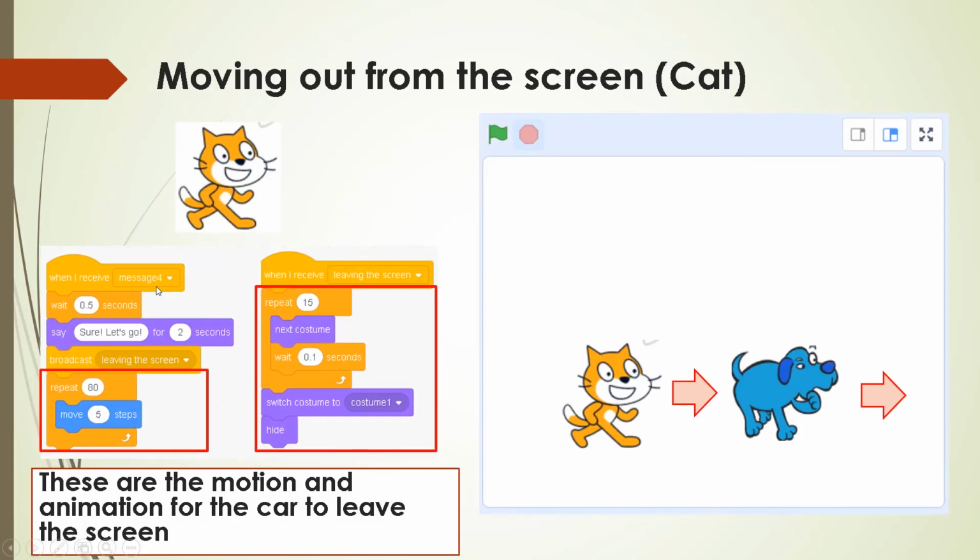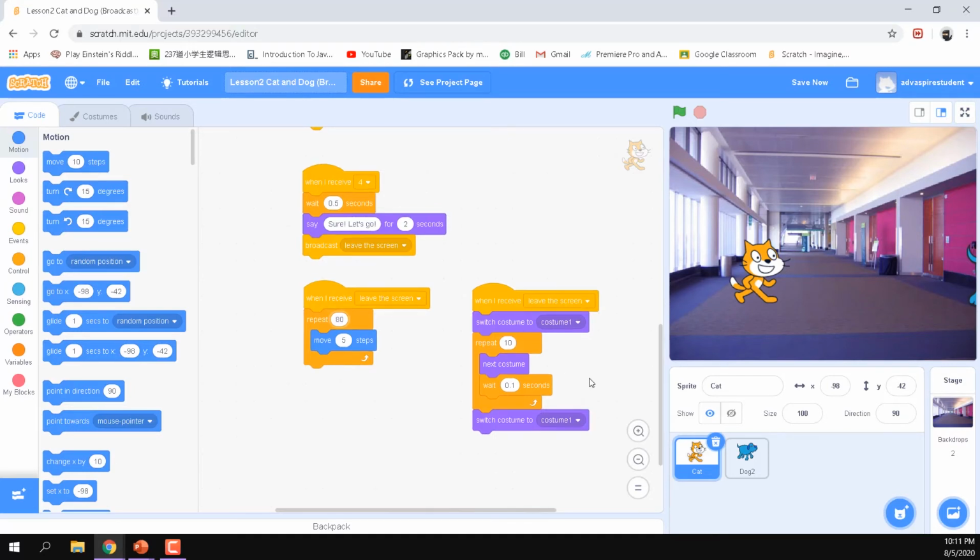So let's go back to here. This is what I programmed and what I'm done. It's 80 times. You can do some calculation to calculate how many times you will need to repeat, or you can do testing one by one. If the position is too far away, you can increase the repeat times. And here we just 15 times.